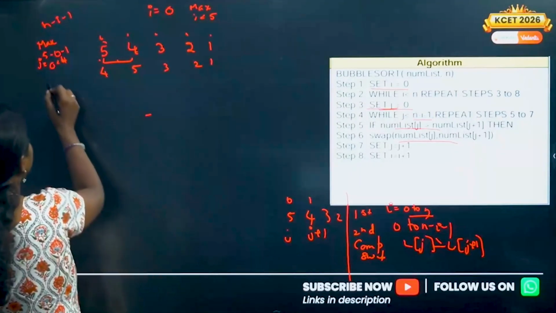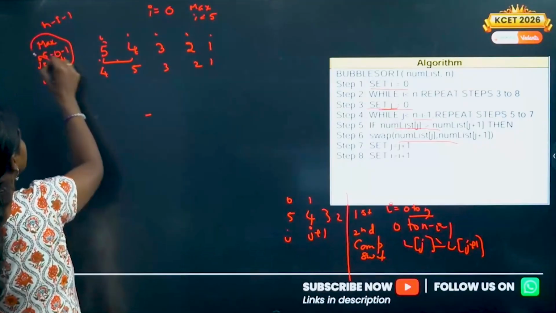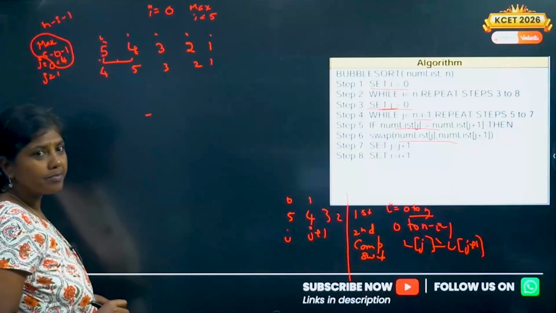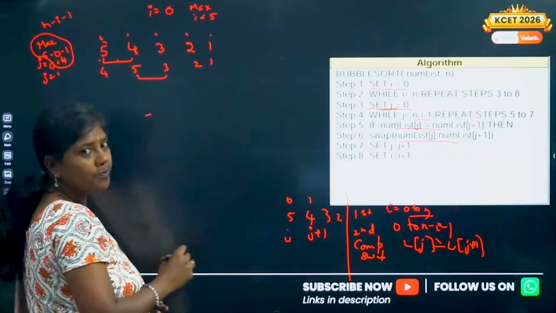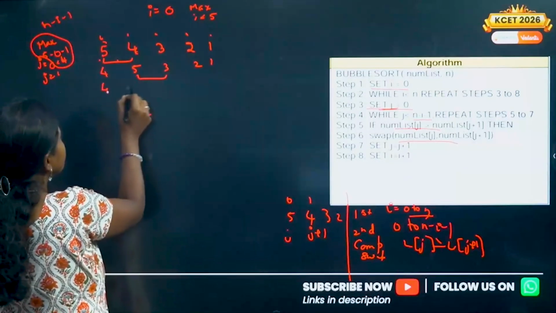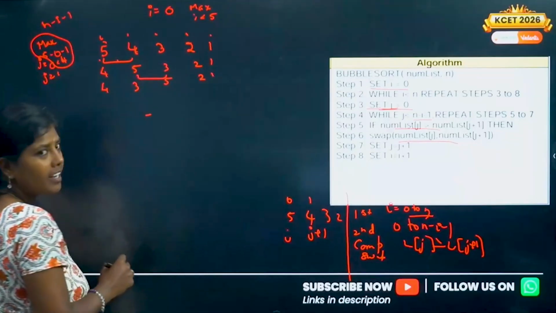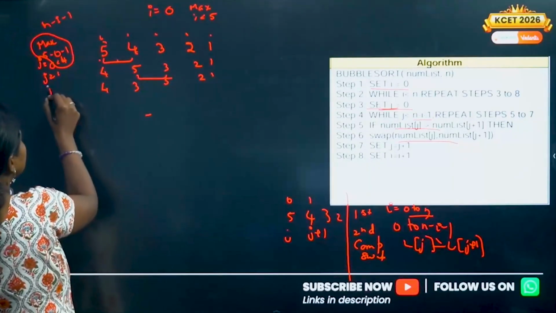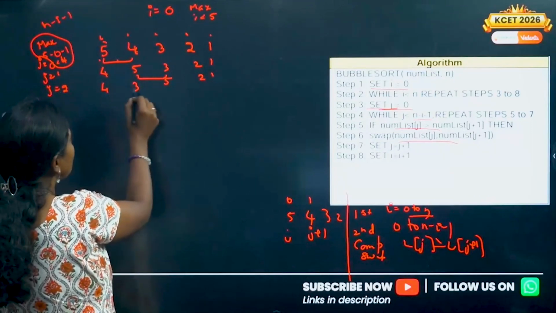Next, I'm going to compare with j equal to 1. I have to do till 4. Remember that I have to do till 4. Then I'm comparing these two. It should be 4, 3, 5, 2, 1. Clear? Then j is equal to 2, that means 0, 1, 2.